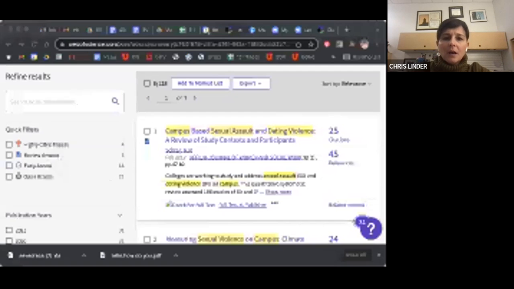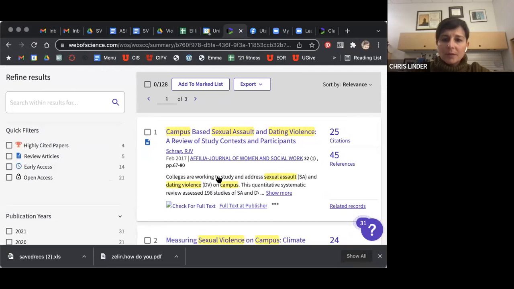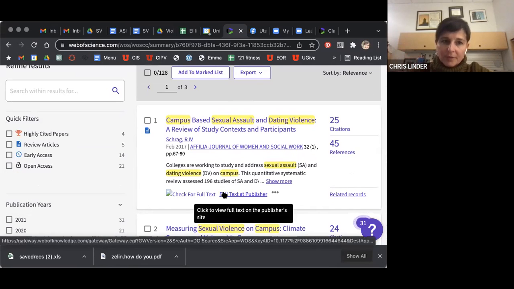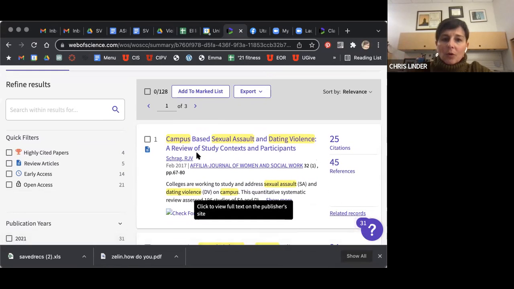And then what you'll do is go back to the Web of Science. This is the part where it starts to get tedious. This is why it's important to set up an account so you can save your search within the Web of Science website, because you're not going to be able to do this all in one setting. But if you leave them in the same order, you'll be able to keep coming back and looking at them.